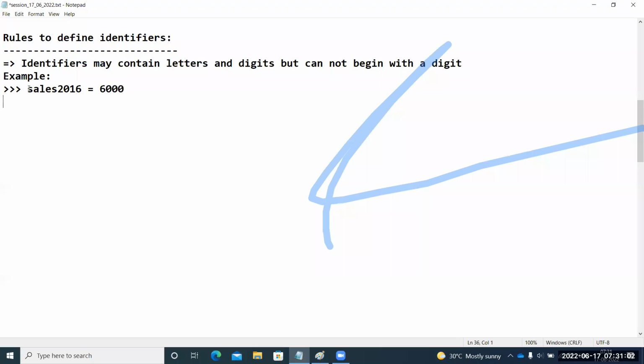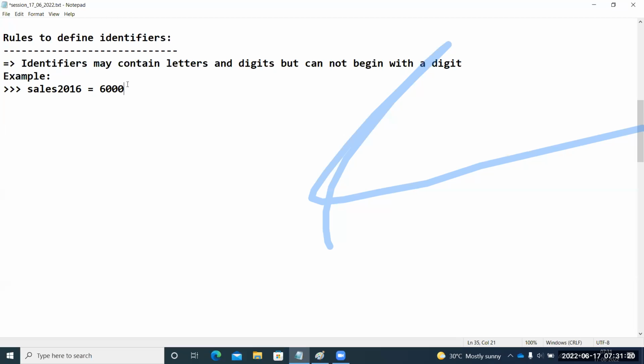You can see there are some letters and there are digits. This variable contains letters and digits, but it is not beginning with a digit, so it is legal. That means it is a valid Python statement, guys.